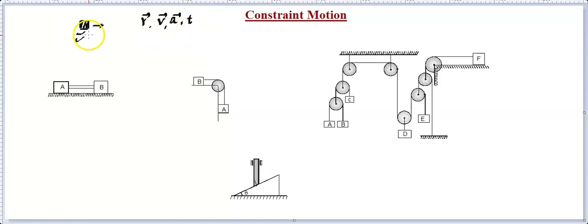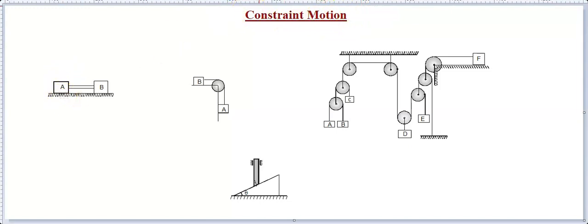Now we are moving ahead. Now we are moving from one single particle to multiple particles. So we need to understand or describe motion or talk about multiple particles together. Then there might be cases where the motion of one particle is affected by the motion of another particle. So if the motion of one particle is constrained with the motion of another particle, then we will say such motion is constraint motion.